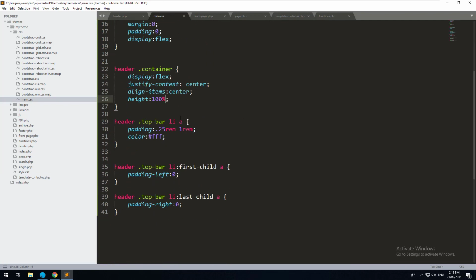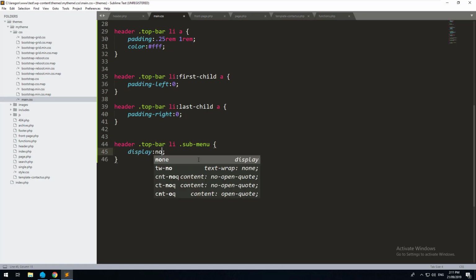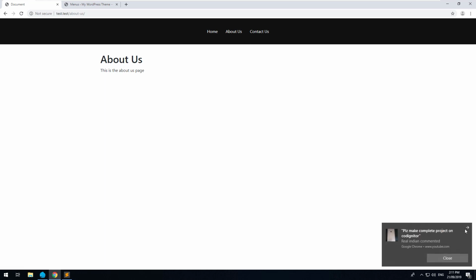So to do that, we can do header, top bar, li, and then submenu, display equals none. Okay, so we'll refresh that. You'll see that now the drop down menu doesn't come up. And then you want to show it if it highlights over About Us, but you don't want it to